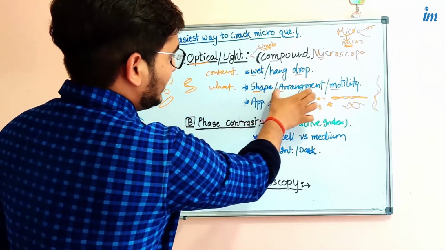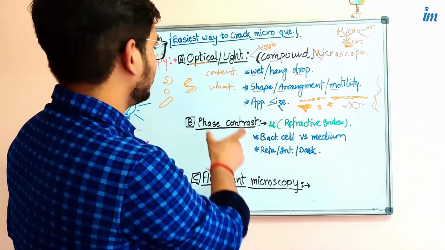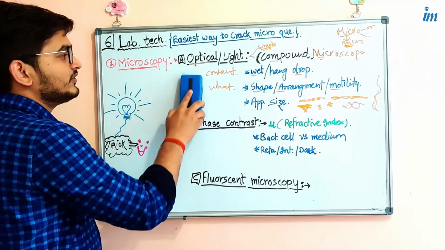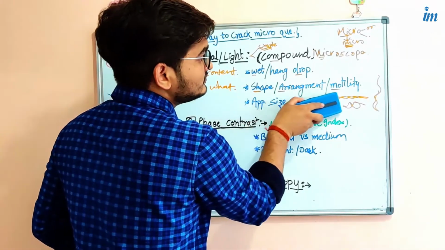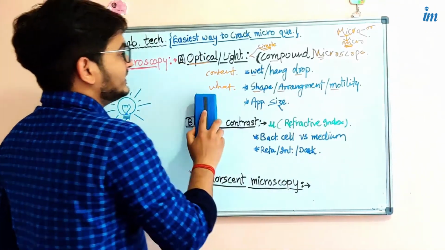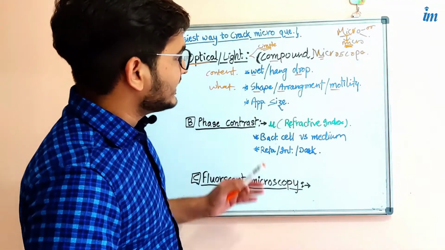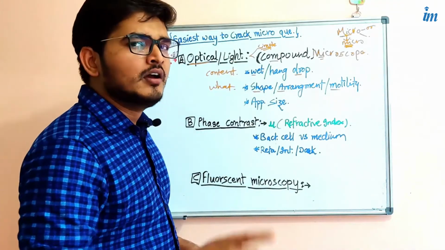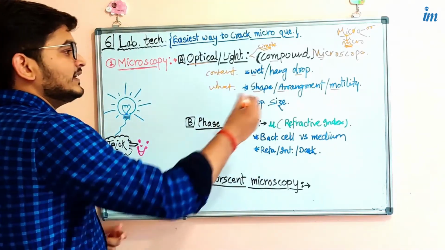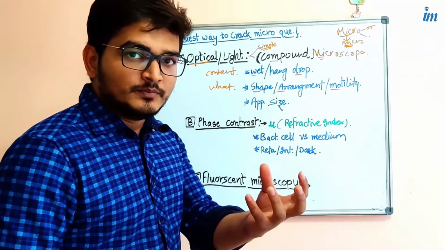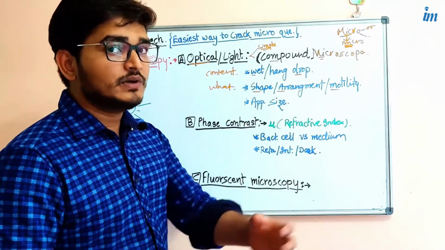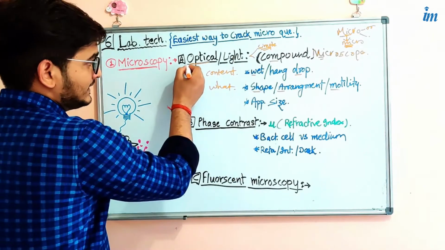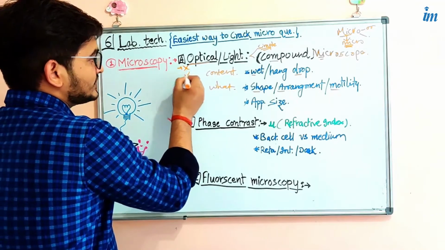So be clear, shape and arrangements are different, but you can't identify, because like coccus, there is a lot of variety of coccus, so you can't differentiate which kind of coccus that is. So it's very important to understand that in optical microscopy you can see shape, arrangement and motility and approximate size of the microorganisms. Why do I use approximate? Because in the arrangement it can be in bunch form or it may be single, but you are not confident enough to tell. That's why nowadays optical microscopy is discarded in the lab, but useful in questions.